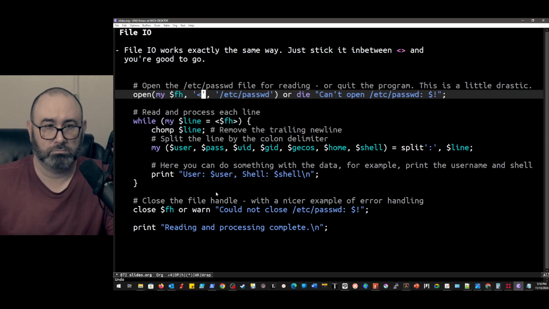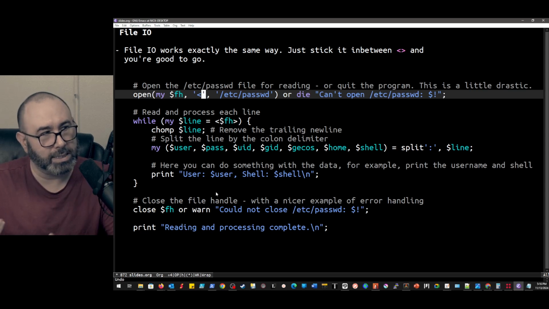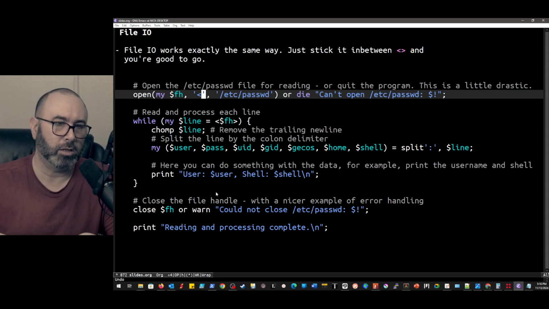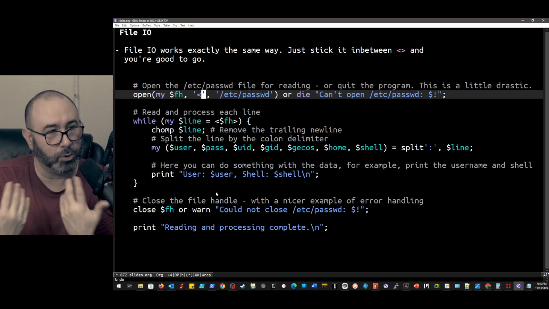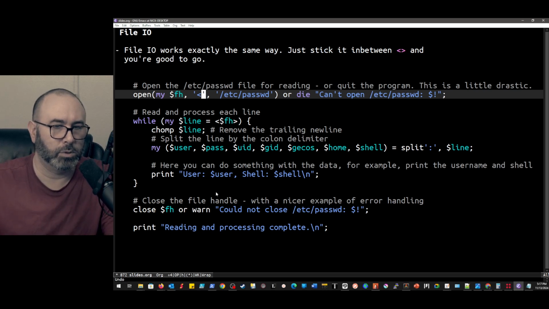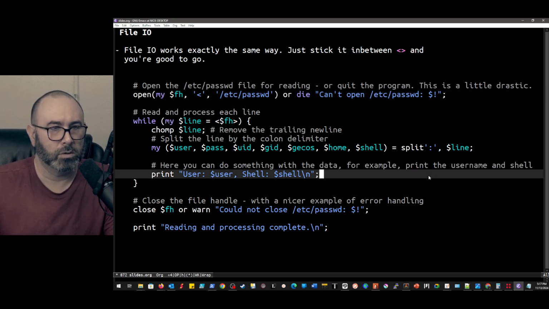So yeah, really, really easy to do things like file operations, because this is kind of assuming these are the kinds of things we're going to do. This is what this language was kind of built for, right?